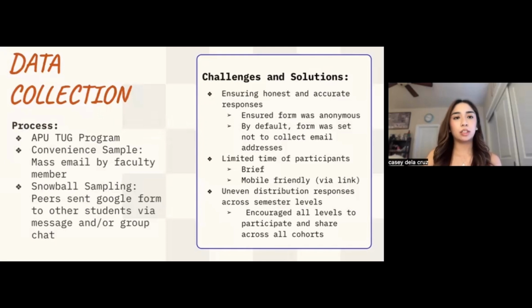To investigate the correlation between school-related stress and mental health issues among nursing students, we created a Google form that targeted current students enrolled in Azusa Pacific University's traditional undergraduate nursing program. We used convenient sampling by asking a faculty member to send a mass email to the TUG program in order to generate responses. To increase participation, we did a snowball sampling where we started with a few participants that helped to recruit more participants from the TUG program to reach for more input, and this was done through group chats